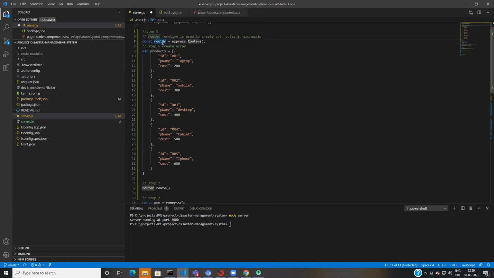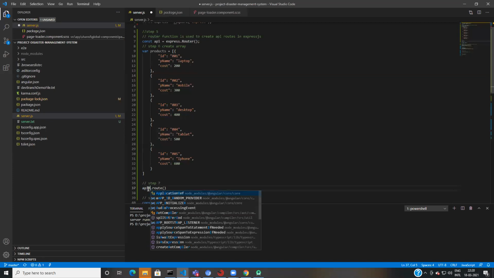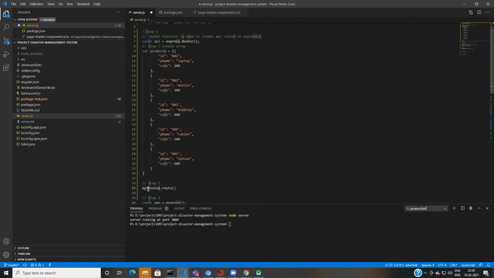You can even name it API router, which is going to create an API route for you.